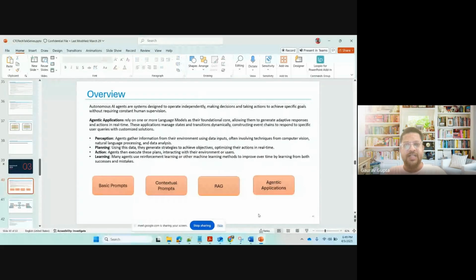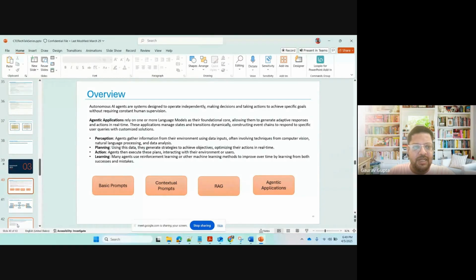So I hope that listening to these two great leaders, you were able to see how important these are. Those who follow generative AI on LinkedIn will see that every other post is around agents in 2025. All we are talking about is agent, agent, agent. So let's now go a little deeper.